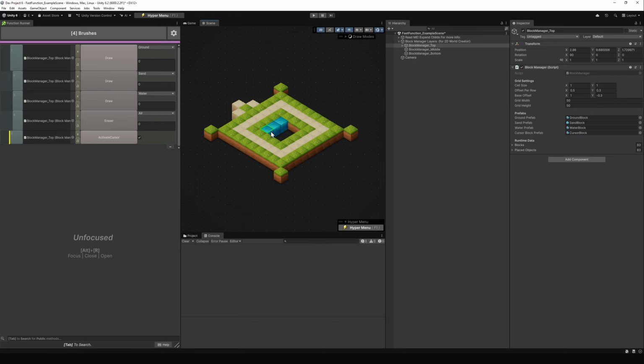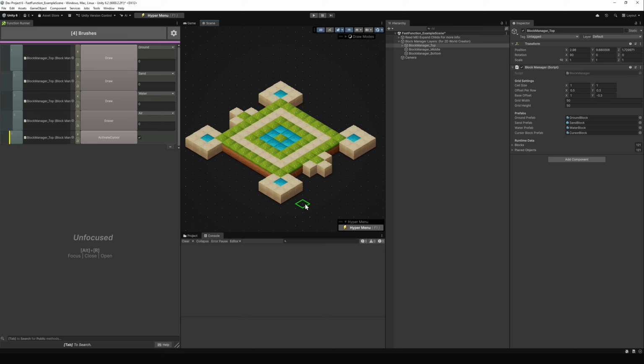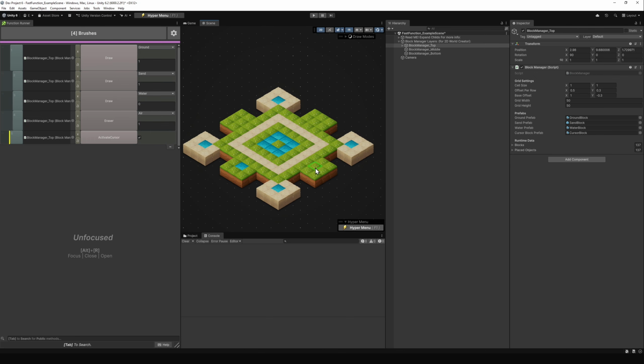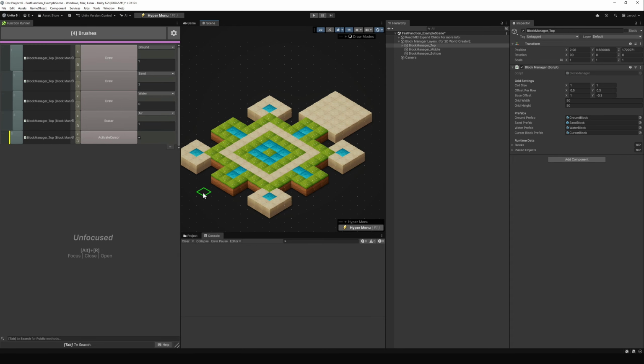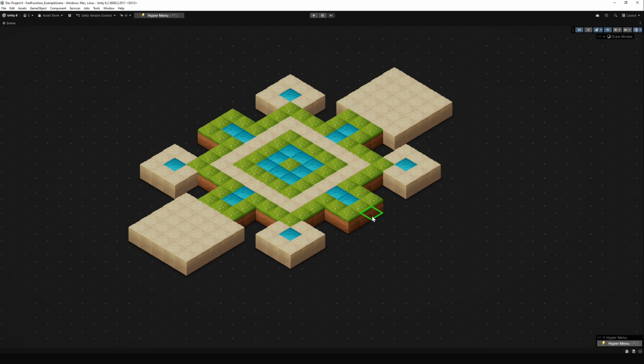Maybe here I want to add some water, like this, and put some water here. Also, I can change the size of the brushes, like make it 1, and let's see how it works. Space 1, and space 1, space 1, space 1, and maybe order, I can put this 0 to make it interesting looks, like this, and draw it